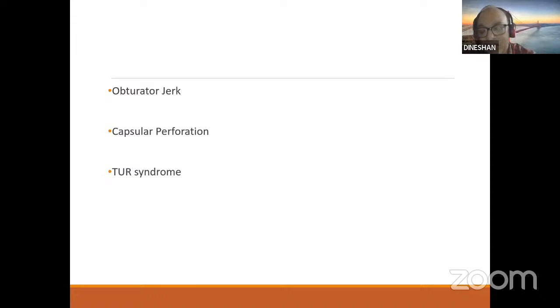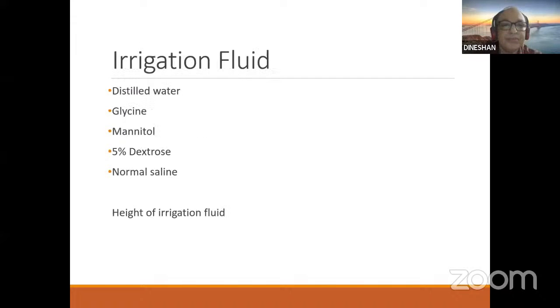The prostate will grip more on the resectoscope. The movement of the resectoscope will become stiffer, difficult. So if you find any of these things, you must always suspect a perforation and look for it and stage the procedure. So these are the notes on the capsular perforation.